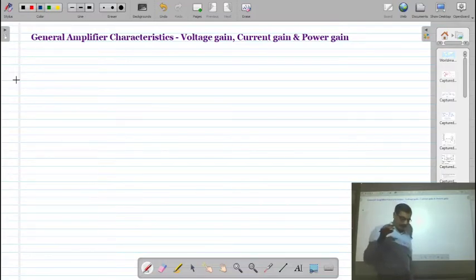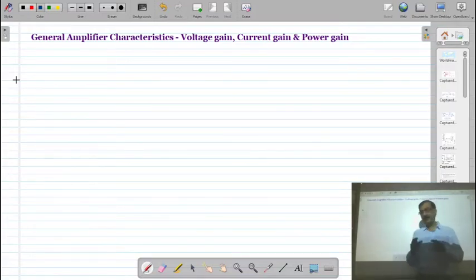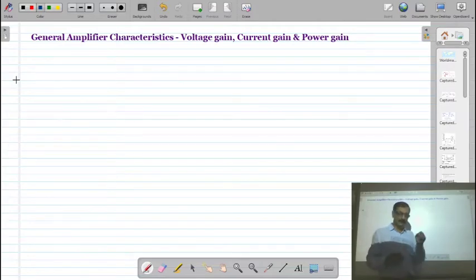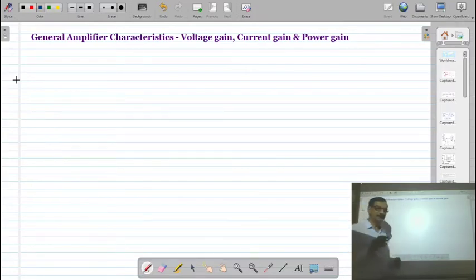because the output voltage of the amplifier depends on the input resistance of the amplifier. So in a previous session we have seen that an amplifier is nothing but a circuit which converts the DC energy into AC energy when the input signal is applied. So I already mentioned that amplifier doesn't mean that the output voltage is always greater than the input voltage. There are certain amplifiers where the output voltage is less than the input voltage, that we will see later on.